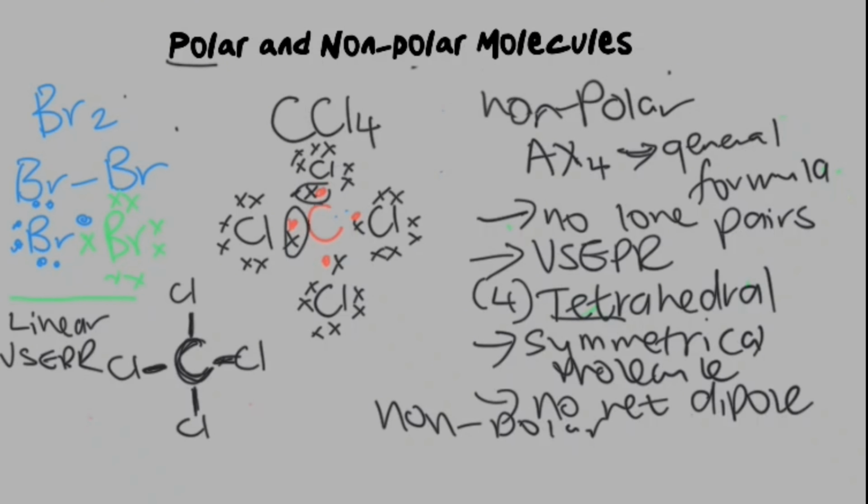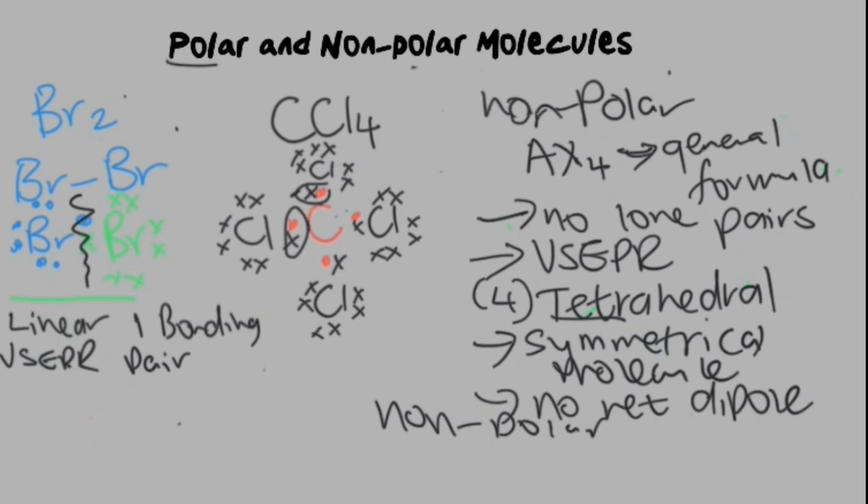So you can also go on to say that the bromine molecule, first of all, has one bonding pair, and it's made up of the same 2 atoms. So that means if I were to cut it here, I would get bromines that look exactly the same, which makes it symmetrical,